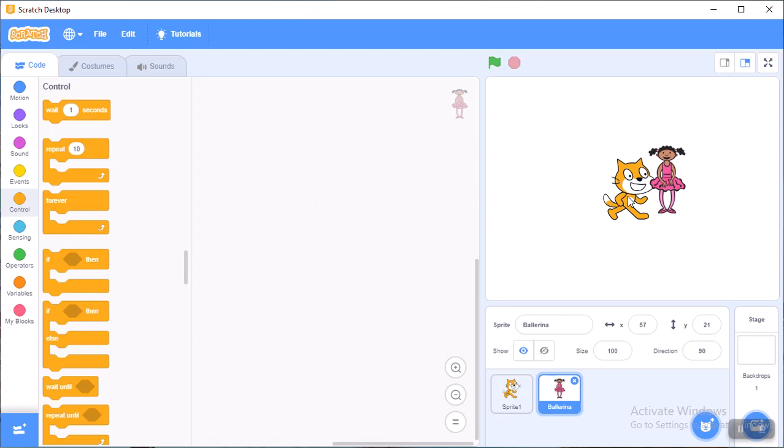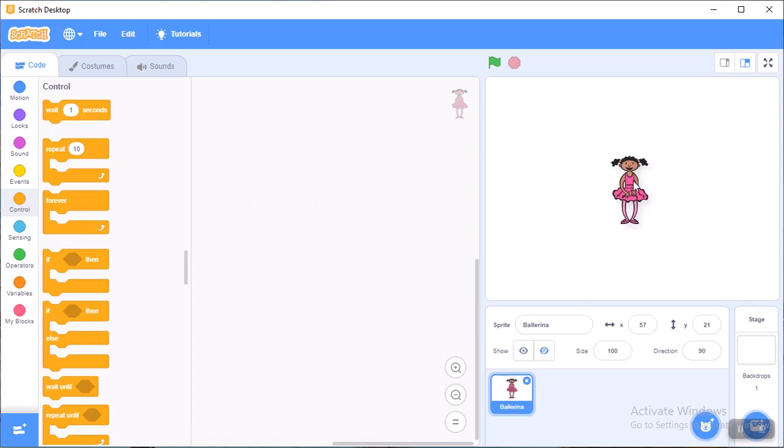So now I have two sprites. I am deleting this first one. Click on it, right click on it and delete it. Now we have only one sprite. Let's apply a background also by clicking on this option.